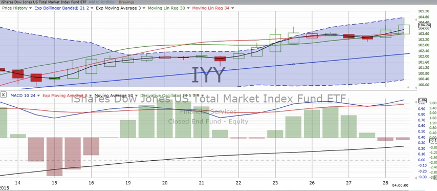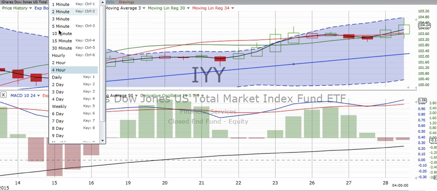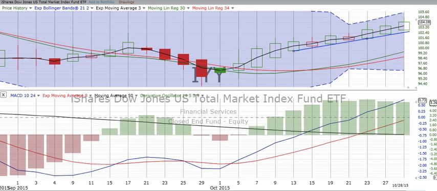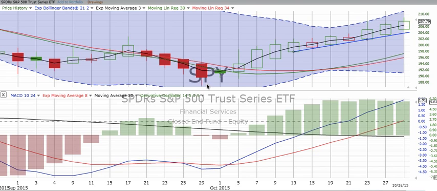Now, let's go from IYY, the total market. We're going to go to another large index, not as large as the total market. That's the SPY, S&P 500. This is another ETF, an exchange-traded fund that tracks that. Looks very similar most days to the IYY because the S&P 500 big companies make up a lot of the volume. So we do see pretty much a similar trend, continued up movement, market continuing to surge up over the